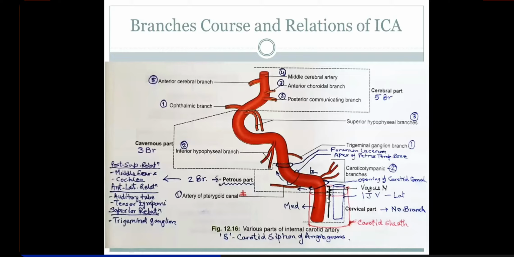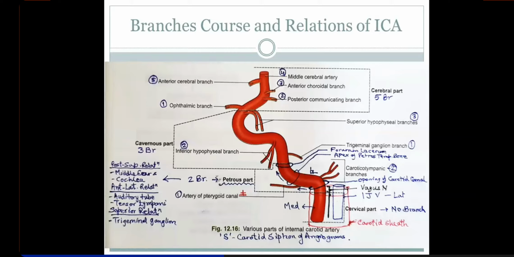So this is the carotid sheath that I told you about in the morning lecture. Its upper limit will reach and encircle the carotid canal as well as the jugular foramen, because the internal jugular vein commences from the jugular foramen. So the superior end of this carotid sheath covers the carotid canal as well as the jugular foramen. The internal jugular vein ascends and reaches through the jugular foramen. It is in continuation with the sigmoid sinus.